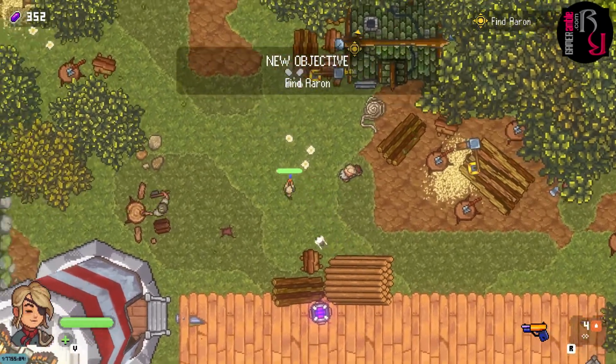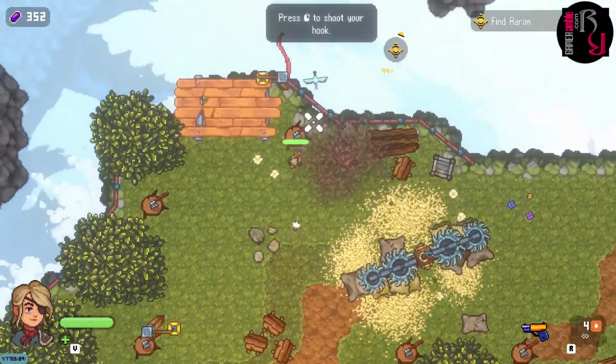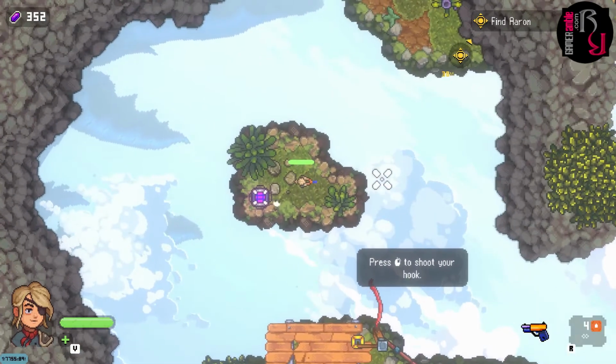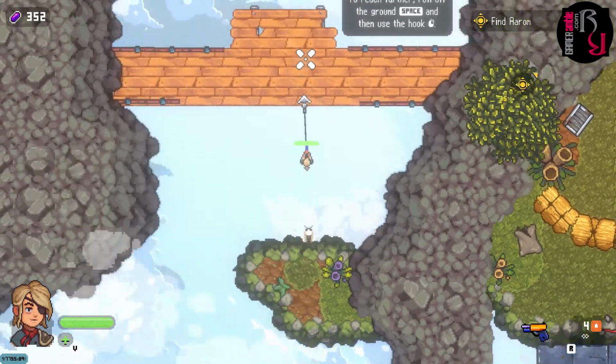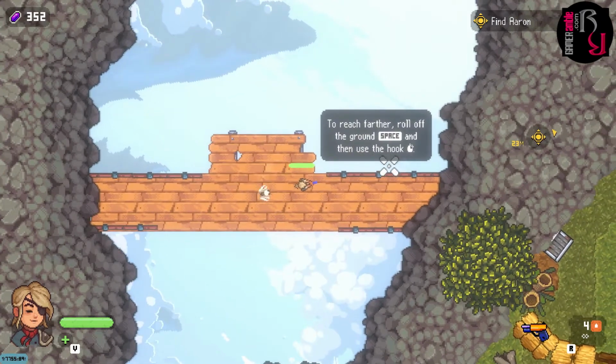Okay. Yeah, so I have to find Aaron, who is apparently somewhere in a box. You have to press the shoot. Oh, yeah, okay. Now it's just showing that. So basically navigate these islands via your hook. To reach further, roll off the ground using space and then use the...